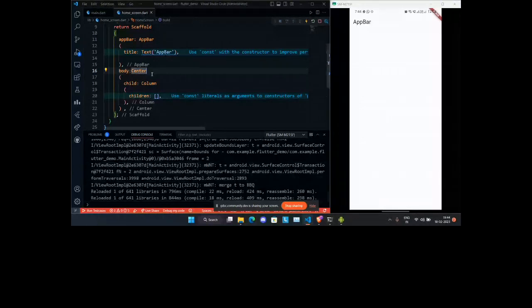So by removing elevation, as you can see, I have deleted elevation from here, and there is an app bar, but I can't really see it here. It's invisible to me right now. Elevation is basically when you see an app and there's an app bar, it is mixed with the body because it's at the same level. And when you elevate a card, the app bar comes forward by some number, so that you can see it.